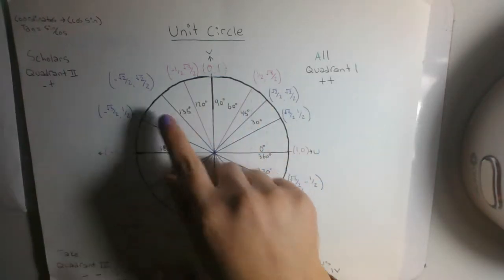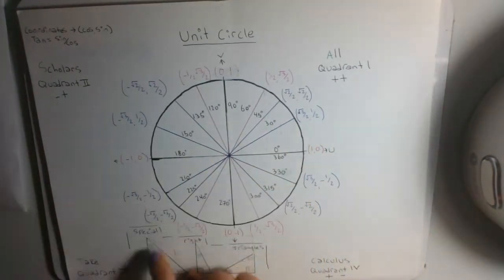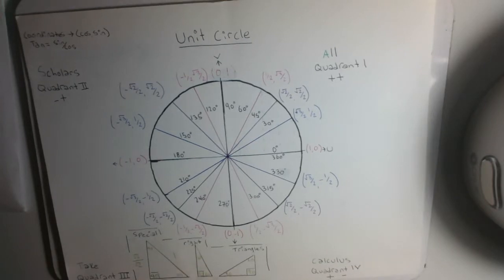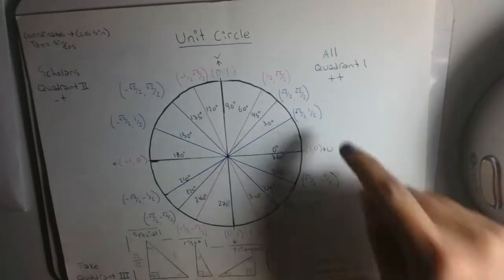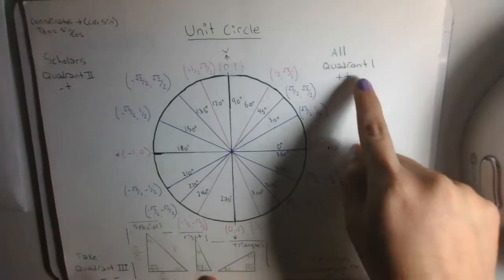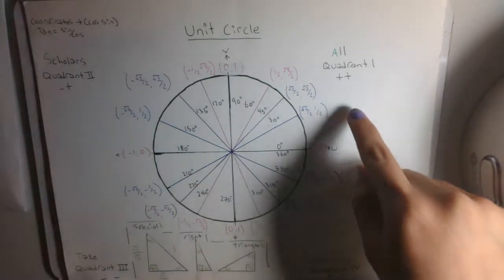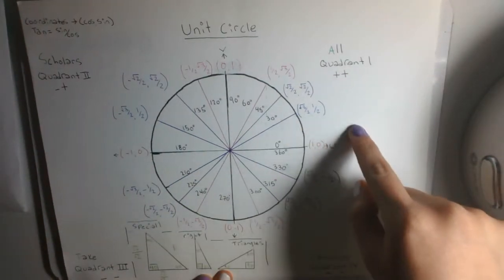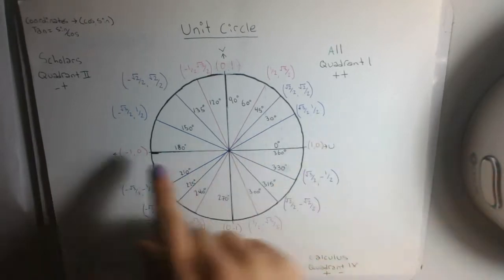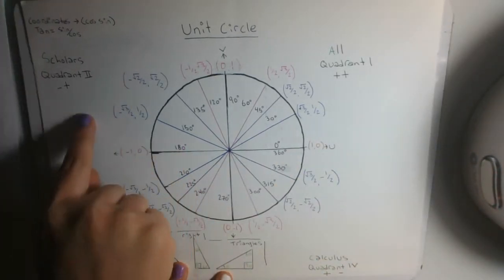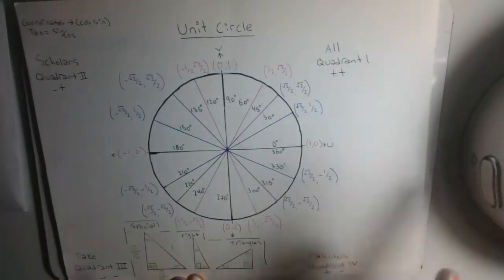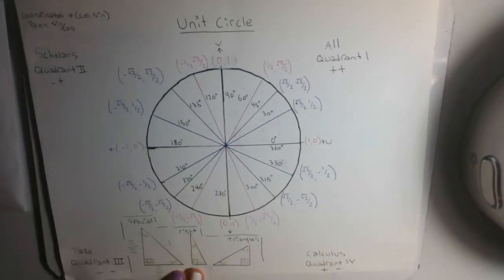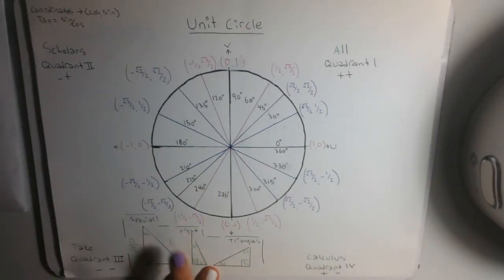Something that you should always remember is that in each quadrant, there are specific ratios that are always going to be positive or negative. In the first quadrant, you can remember this by saying all scholars take calculus. In the first quadrant, all trig ratios are positive, and then in the second quadrant, it's polar, so only sine and cosecant, because they're the reciprocals, are positive. In this one, tangent and cotangent are positive. Calculus, see: cosine and